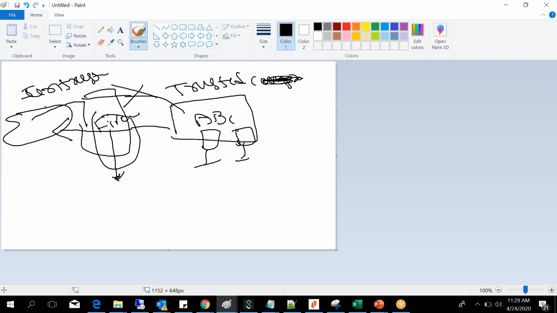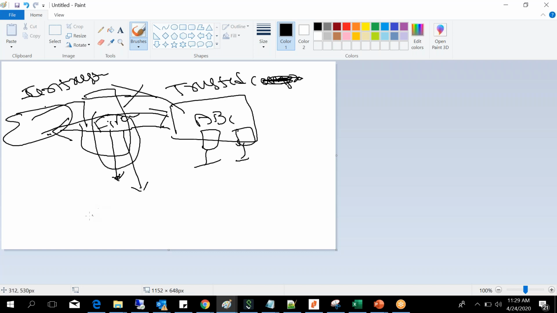That's one example. If I want to allow traffic from the internet to this network, what am I going to do?